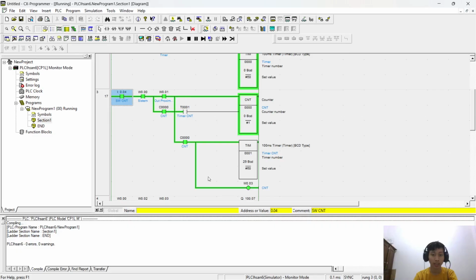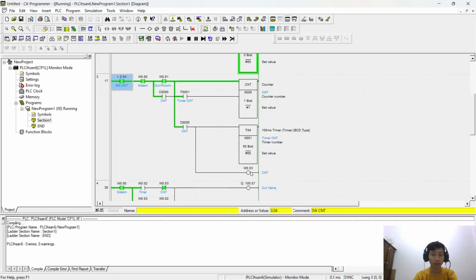Okay, and the counter goes to coil, and when the coil goes to the instruction of the PLC, the timer will go down to 0, and when it goes to 0, the signal will be sent to the timer and turn off the program.